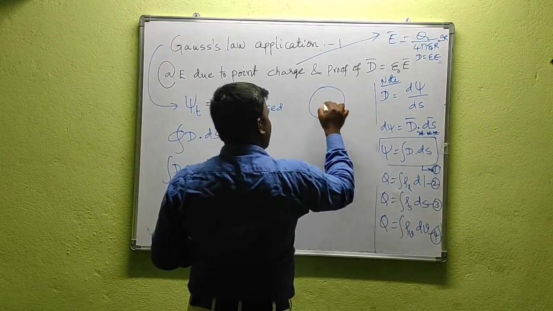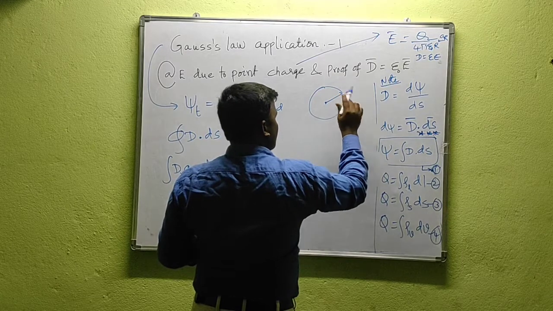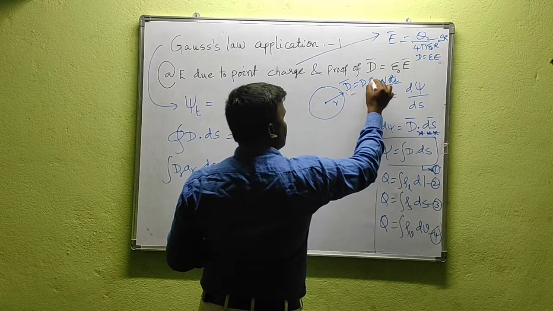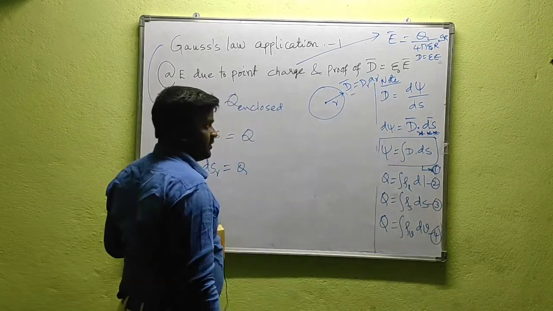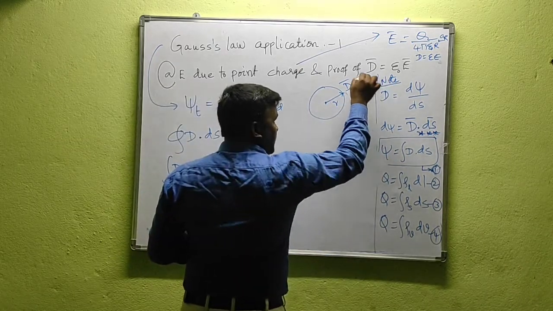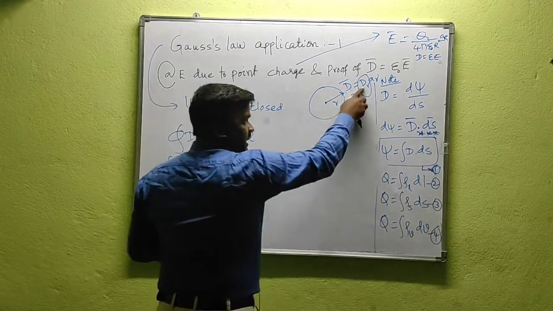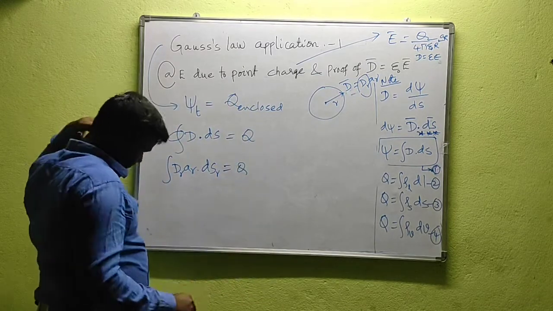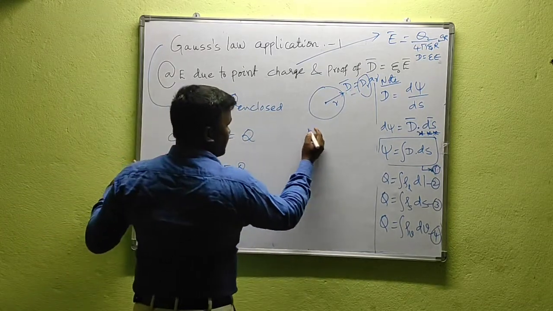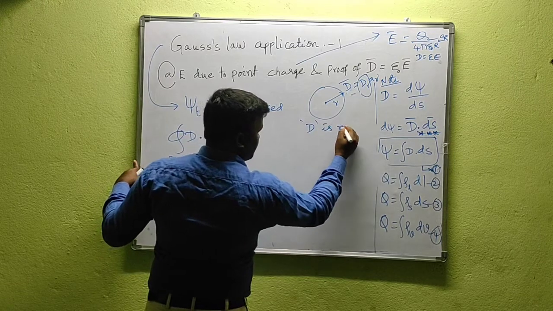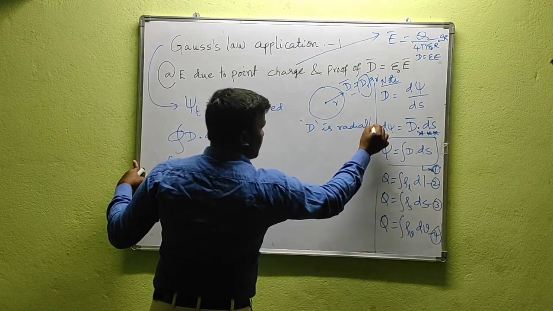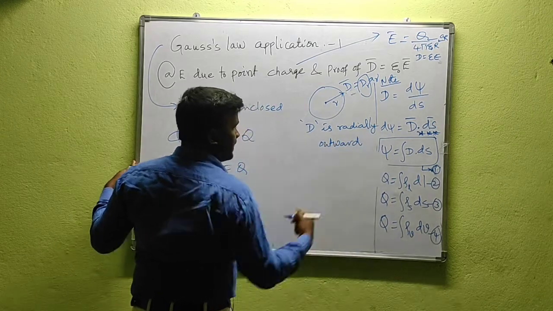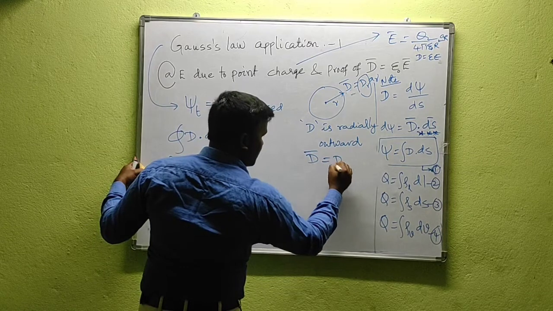I will redraw this one. It is R, the radius of the sphere, and the field component should be taken along the R direction only, that is D_r a_r. D_r is the magnitude of the D component along the R direction. It is magnitude only. The direction of D should be along R, radially outward. Please write down here: D is radially outward in the case of the spherical coordinate system, to satisfy the symmetry of charge distribution. So D should be written as D bar equal to D_r a_r.